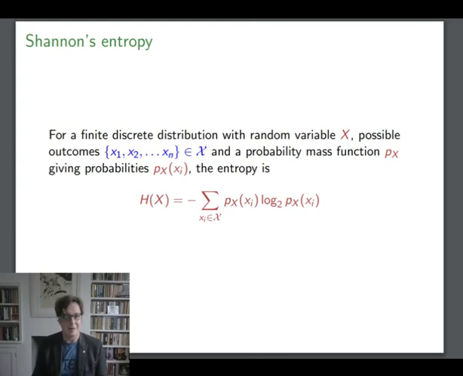Now in blue, belonging to the set of outcomes, and each outcome has associated with it a probability p of xi. And then the formula for Shannon's entropy is minus the sum over all the possible outcomes of the probability of the outcome by the log of the probability of the outcome. So I'm going to talk more about this formula in the next lecture, describe some of its properties, and give some justifications for why Shannon proposed it as a good quantity to quantify the information content of a signal. But for now, let's just calculate it in the case that we dealt with in this